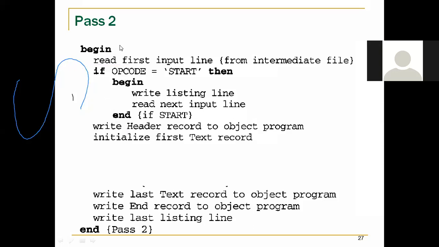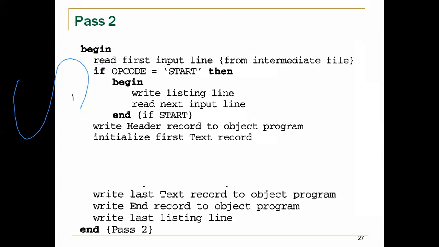Okay. So if there is no doubt in pass 1, then let us look into pass 2 of our algorithm. Once again, another important algorithm for our assembler. So we remember that we have generated the object program in pass 2, right? So the same process is followed here, whatever we had done during the assembly process and generation of the object program process. So once again, this is a lengthier algorithm.